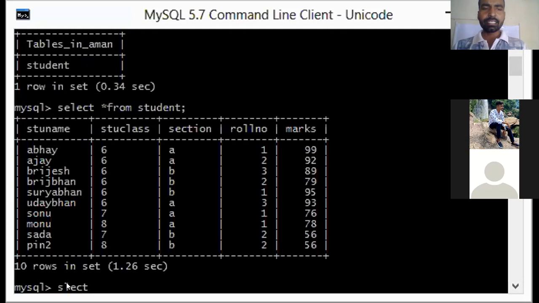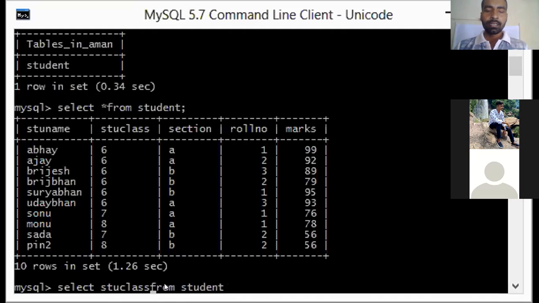Let us first write the select command. Now what do we want to select? Suppose we want to select STU name. Let us first write STU class, because we are going to group on class.